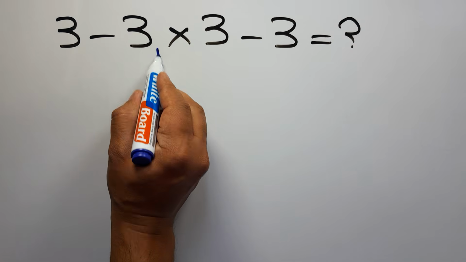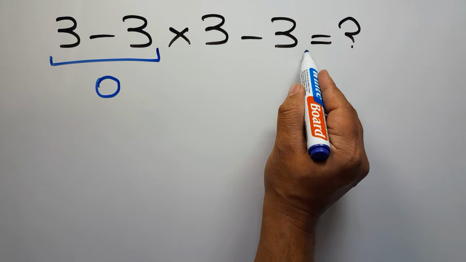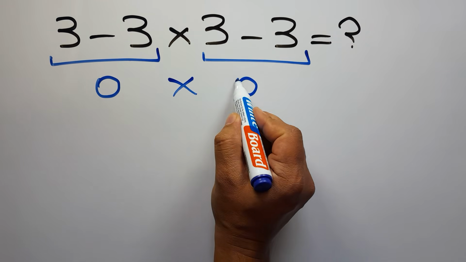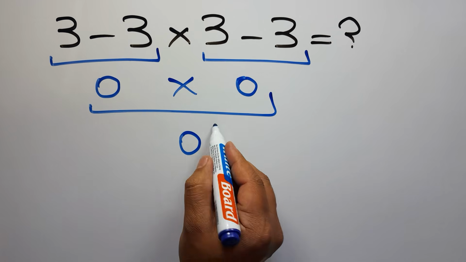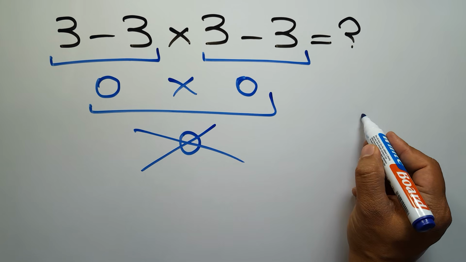3 minus 3 gives us 0. And again here we have 3 minus 3. So 0 times 0 equals 0. But this answer is not correct, because according to the order of operations, which is PEMDAS,